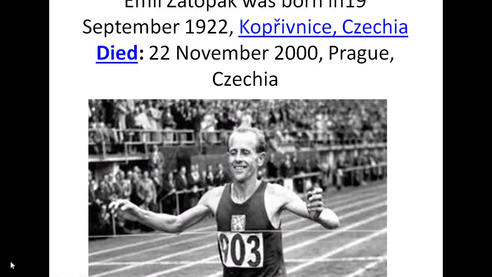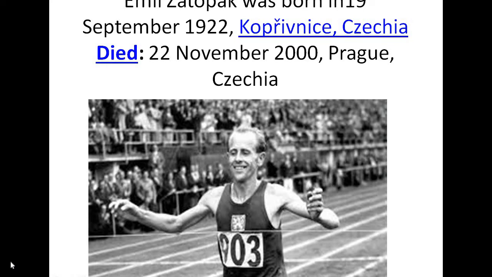This led to him being nicknamed the Czech locomotive or the bouncing Czech. He is Emil Zatopek. Emil Zatopek was born on 19 September 1922 in Koprivnice, Czechia, and died on 22nd November 2000, Prague, Czechia. His name is Emil, spelling E-M-I-L,